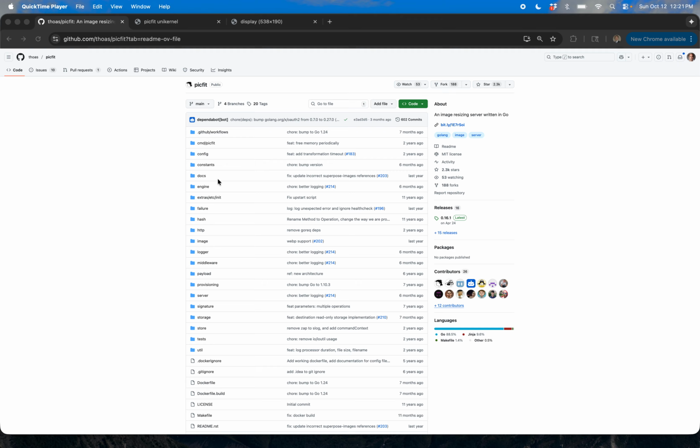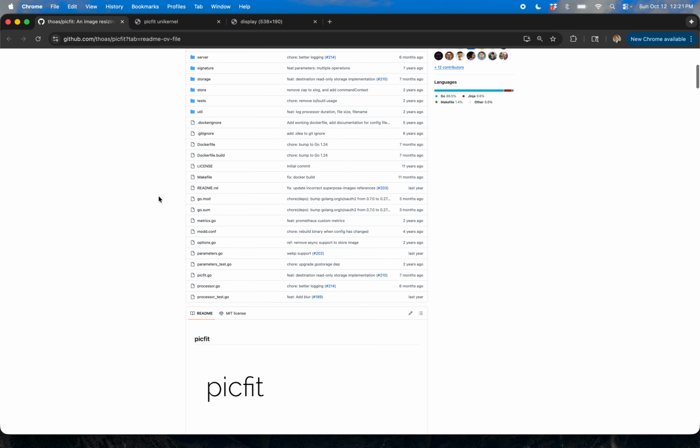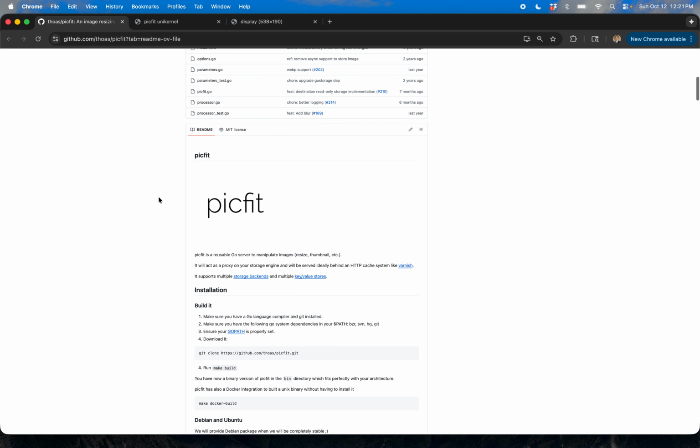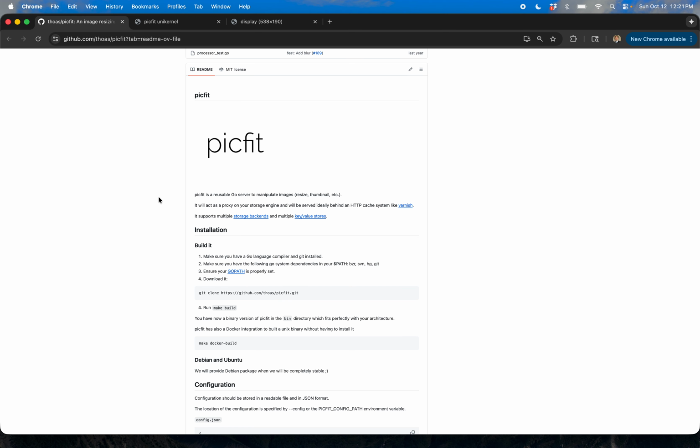This week we are looking at picfit. Picfit is an image resizing service written in Go. There are lots of different applications like this out there, and they all have interesting use cases. I think this one was designed to explicitly sit between the user and a caching system, which they explicitly call out,